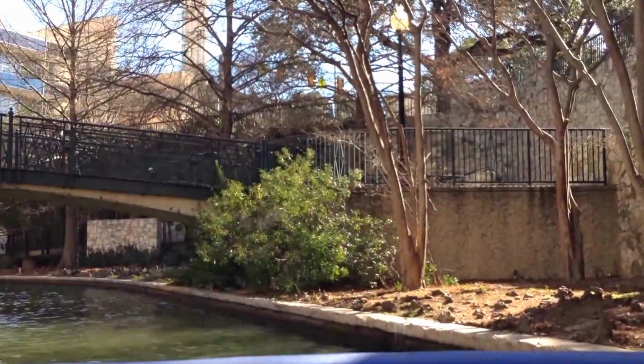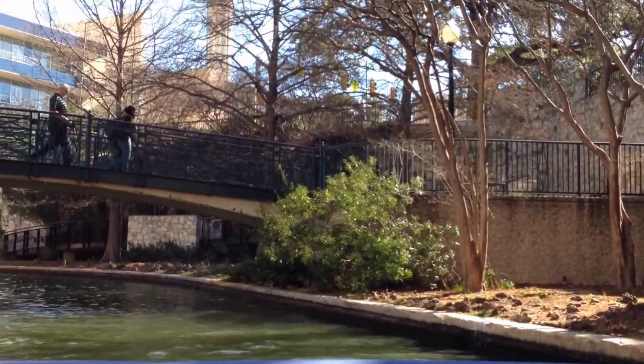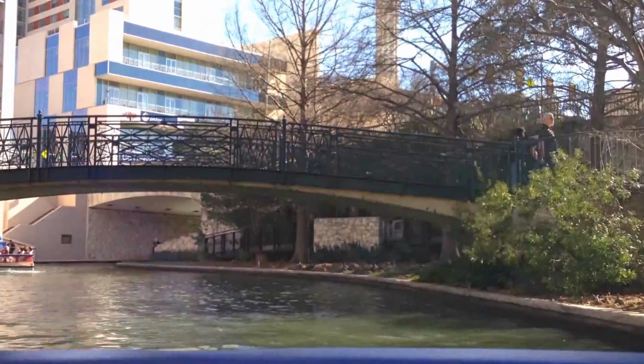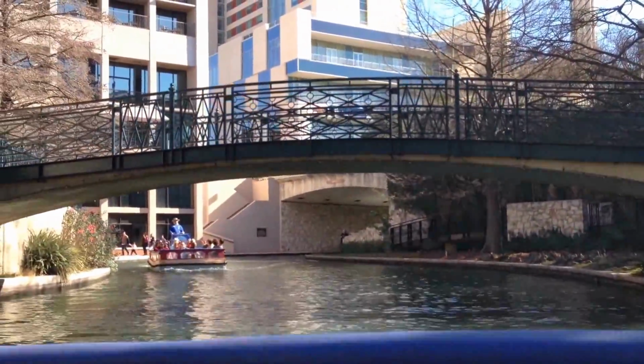So from time to time they come out of the water to dry off, and when they do that they put their wings beside them and strike a pose like a pterodactyl. I'm just glad they're not bigger and they don't eat people. If you look over the bridge that's in front of us and up to the right, you see the big tower. It's called